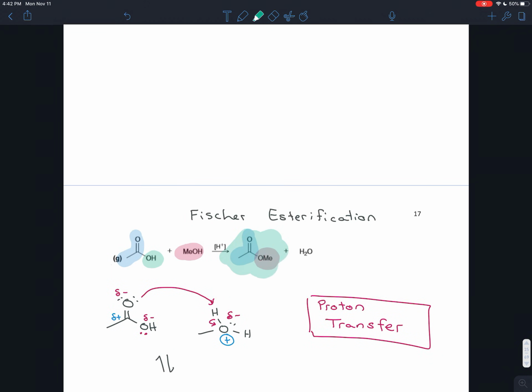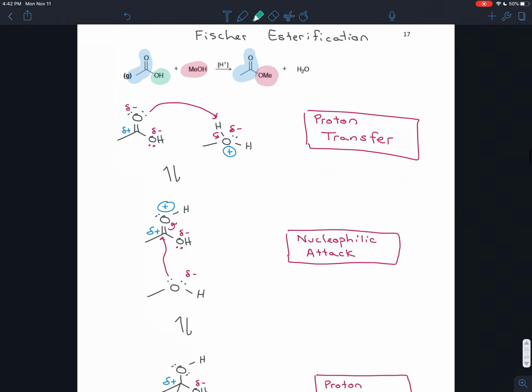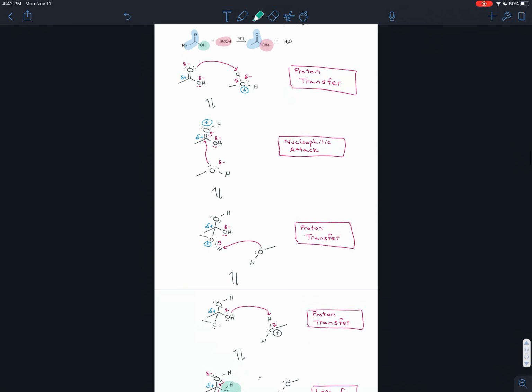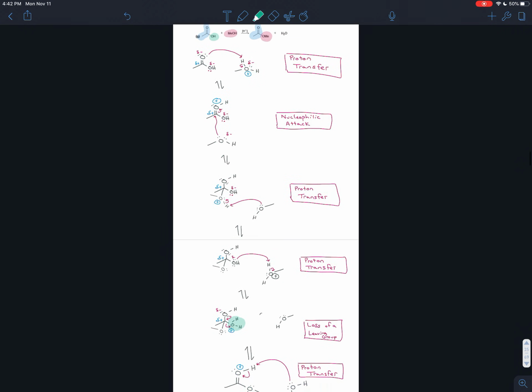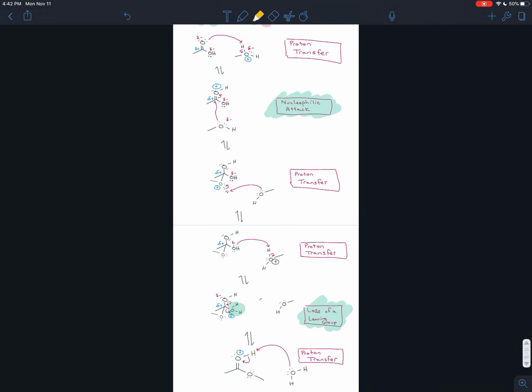So if you look back at the original molecule, you'd see that's the ester. We have that methoxy group attached to the carbonyl carbon. That's the ester that you wanted to form. So here we have the staple steps of any substitution reaction. We have nucleophilic attack and loss of a leaving group. In between, those two steps are sandwiched in between a bunch of proton transfers that each change the stability or